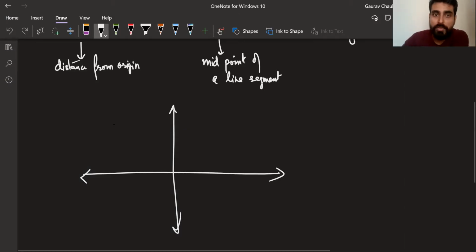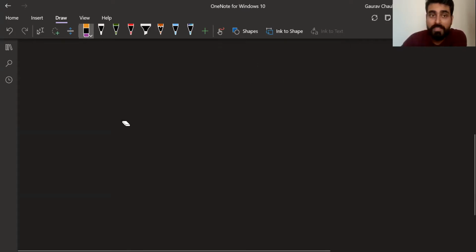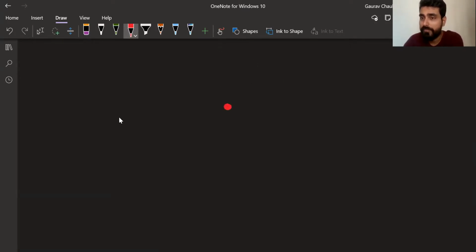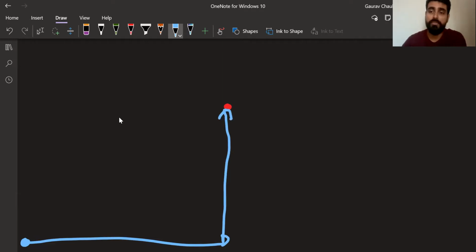Okay, so on the screen right now, if you have to tell where is this red dot, to be able to tell that, you have to use some measurements from some corner of the screen. Okay, I'll start from this corner, and from this corner I will go right maybe 5 steps, or you can say 5 centimeters, depending on what the step size is. And then I will take a 90-degree turn and go up, whichever direction, whichever communication method you've established. So you go up 4 steps maybe.